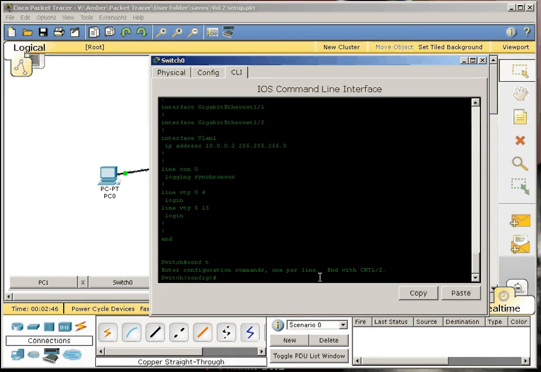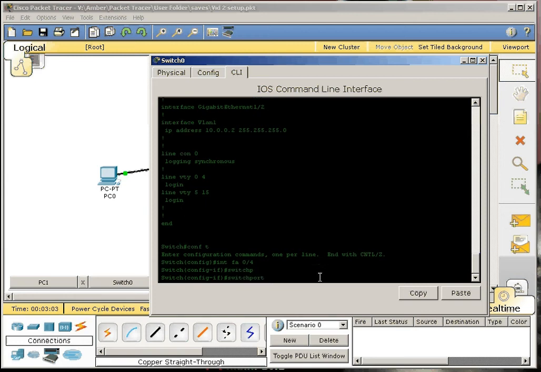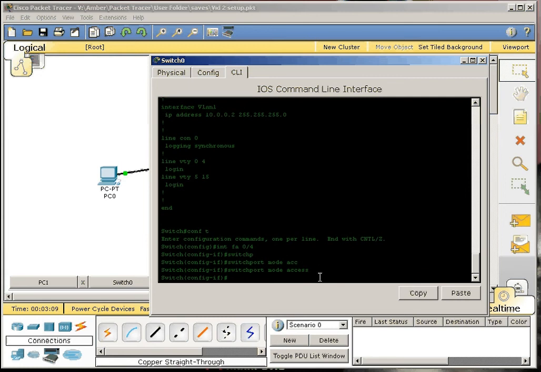So what we're going to do is pull this up. We'll enter the interface for FastEthernet 0/4, and then we will go about setting up our port security. So what we're going to do is we'll enable switchport mode access. Go ahead and press enter. And then switchport